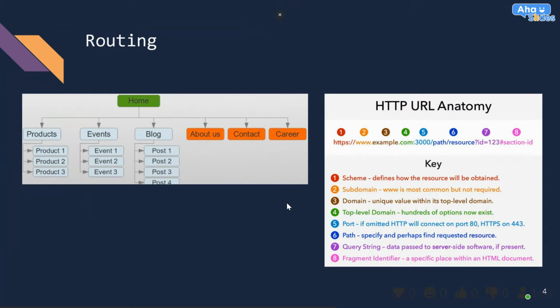When you go to a different page or so. So in React, just like in any other web page development, you can specify a list of sub pages of your website. So if you look here on the right side at the HTTP URL anatomy,